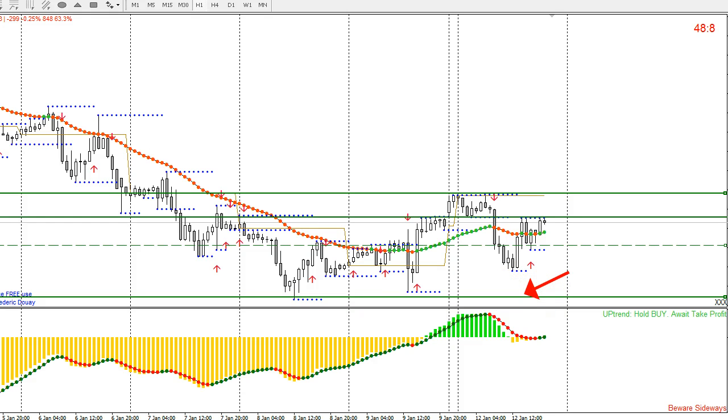So if you want to look into trading opportunities, the first thing you would want to look for is a retracement here, breaking up here, retrace again, and then going back up. If it does that, then it would be a good sign for the upside. On the other hand, if it breaks that level here, then retraces, and then goes back down,